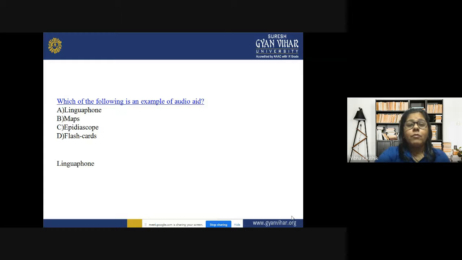Maps give all the information related to the countries, the continents, the subcontinents, which are shown through the maps, so they cannot be audio aids because they satisfy our visual needs. So the correct answer will be Linguaphone, in which we hear something, so the information can be shared by the teacher with the students